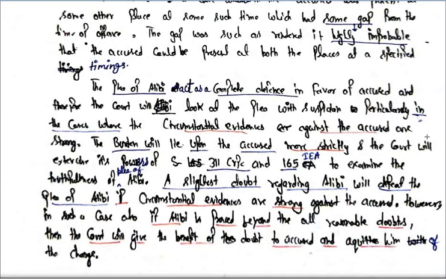So the court has to allow him to prove the evidences of alibi, and if he proves the evidences of alibi, the court will be very circumspect. The court will be asking questions to him to see whether there is some doubt in the alibi, और अगर कोर्ट को लगता है there is some slightest doubt regarding the alibi, the court will go for conviction। alibi reject हो जाएगा आपका।